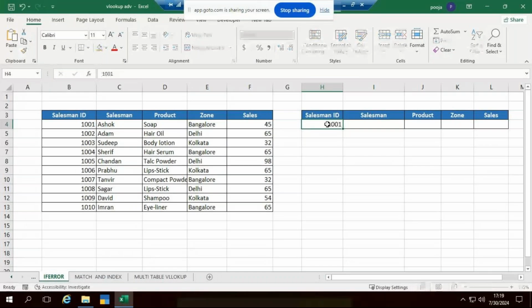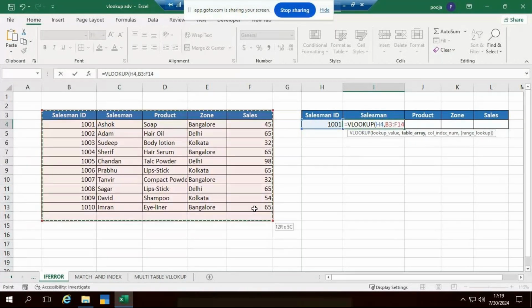As we discussed, equals VLOOKUP, the lookup value is salesman ID, comma, table array. Whenever we are working on VLOOKUP, we are selecting a particular table here. So when I select the table, comma, column index number, comma, and the